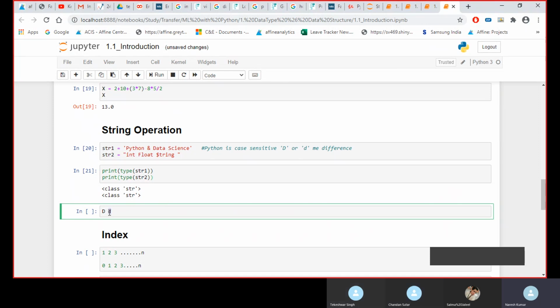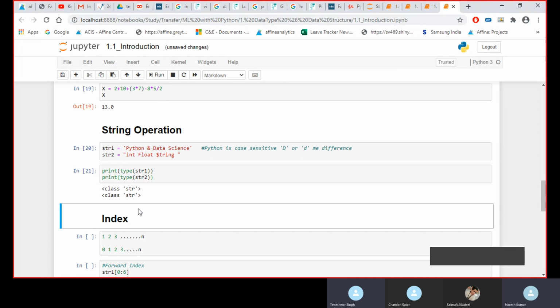It will throw an error. So Python is case sensitive. If you are defining it with a capital D, during calling also you have to write capital D only. If you are defining it with a small d, during calling also you have to write small d only.